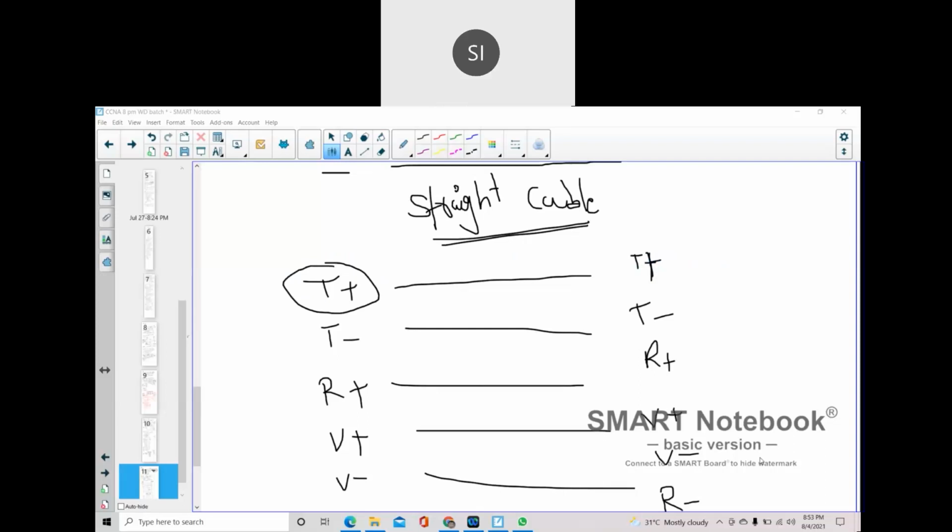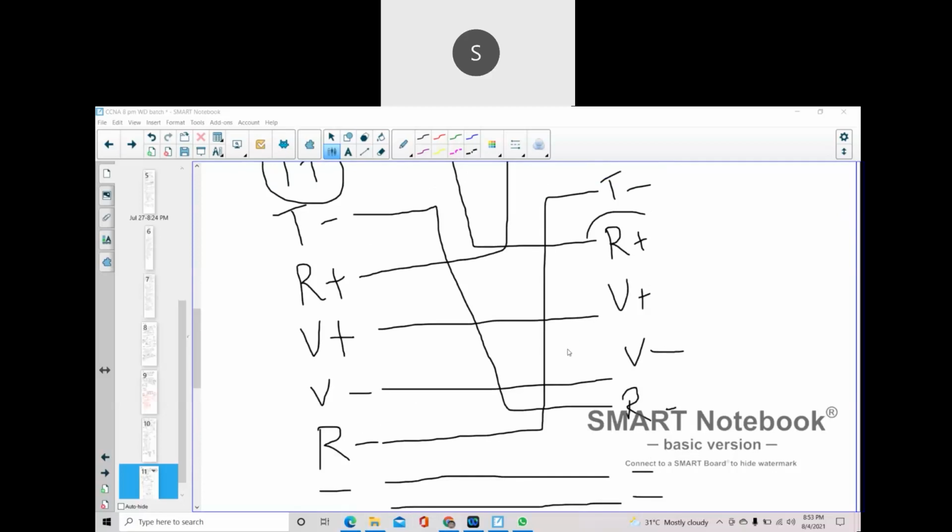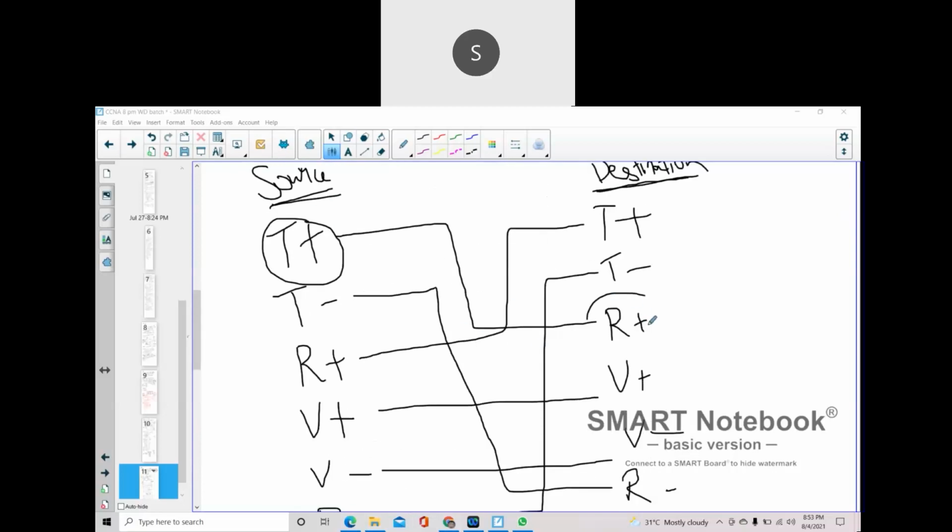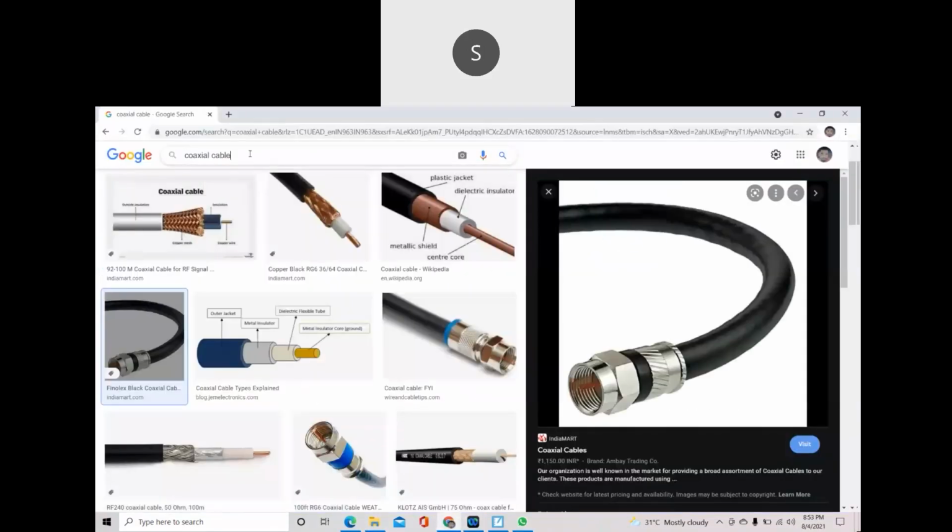Sudarshan, can you please show me the crossover cable? Yes, see. So you told me that they are not similar in order? Yes, correct, both ends will be in different order. But why are they using it like that, sir?